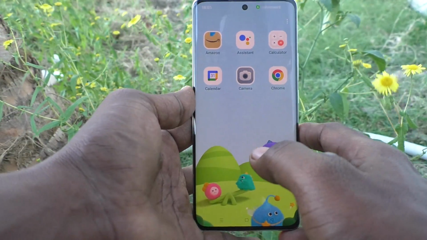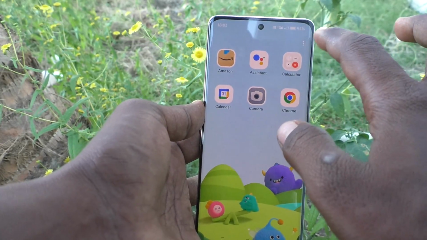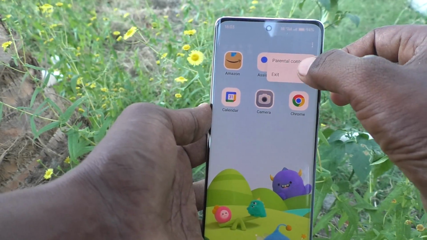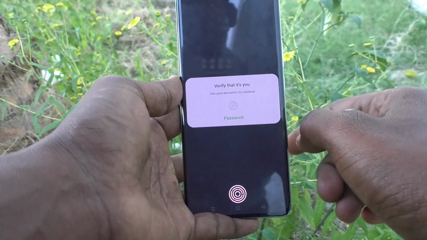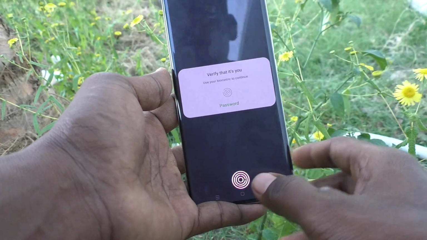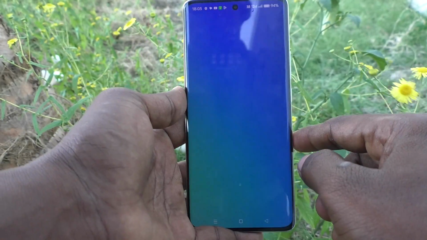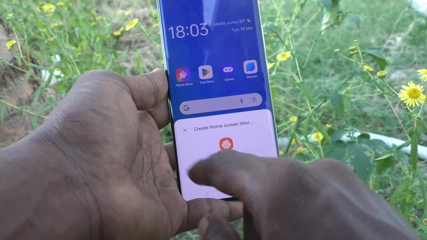So if you would like to exit from this kids mode, just go to this three vertical dots and click on exit, and it will ask for your pattern for confirmation and authentication. Give your confirmation with fingerprint or pattern unlock, and yes, now